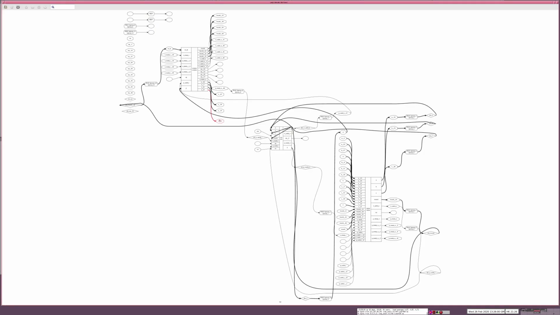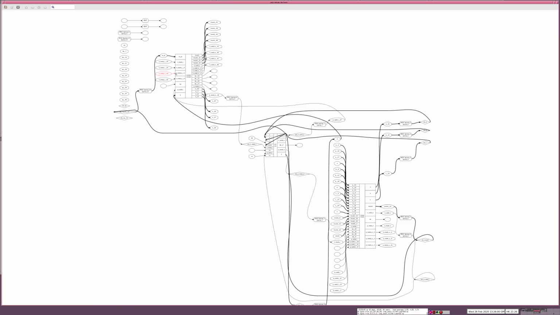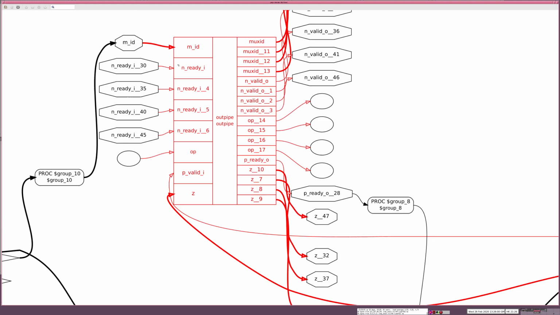Hello, I just wanted to go over the Libre-SOC IEEE754 floating point multiplier, to show how everything fits together. So here we have three major blocks. The idea is that this is capturing the